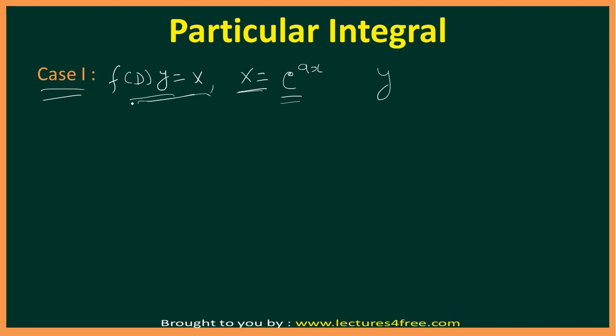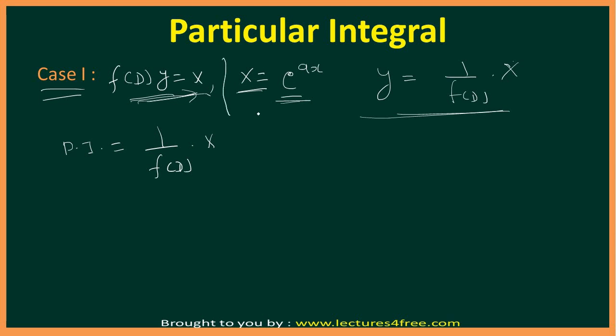From this equation you can write y = 1 upon f(D) times X. This represents the particular integral, so the particular integral is 1 upon f(D) into capital X. When capital X is e to the power ax,